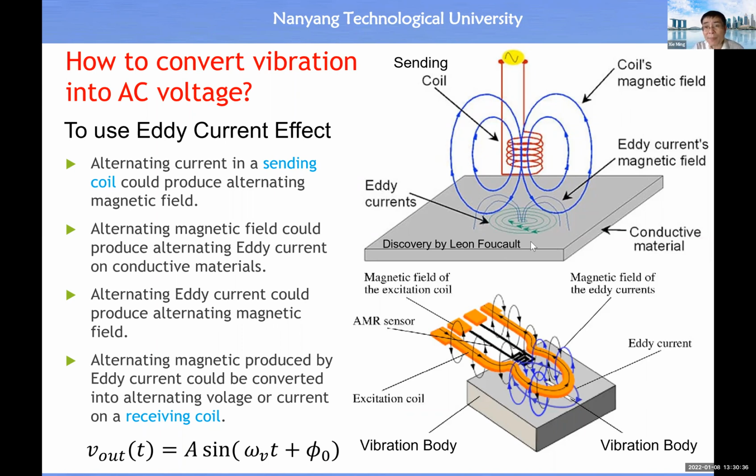We know that when current passes through a conductor, it will produce its own magnetic field. We call it a secondary magnetic field or eddy current effect magnetic field. If we place another coil, we call it a receiving coil, this black color one, here nearby, then we should be able to